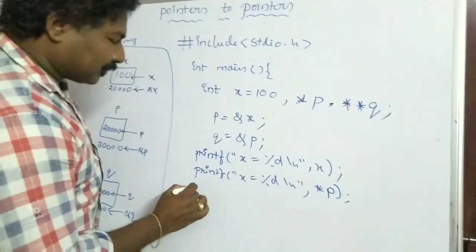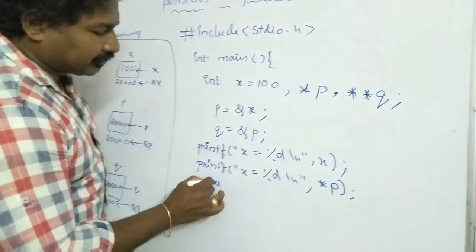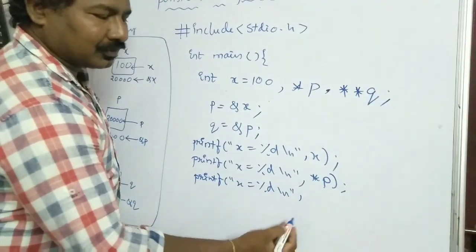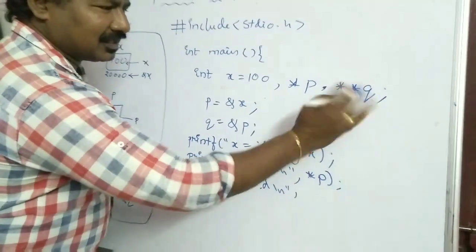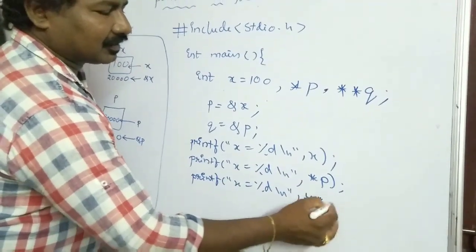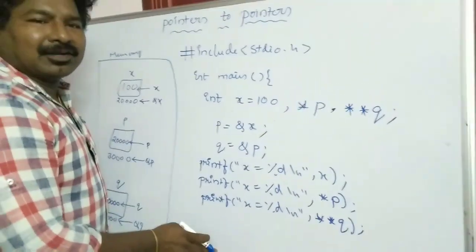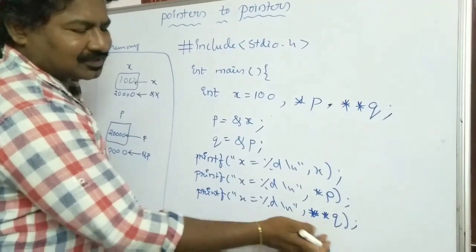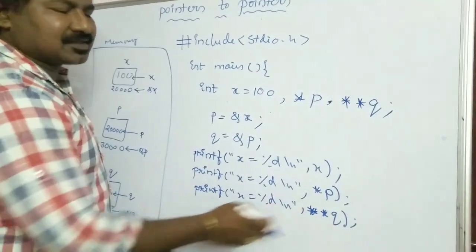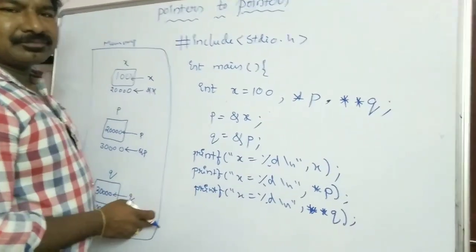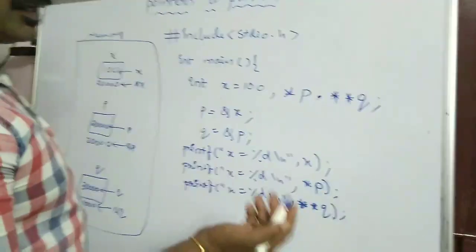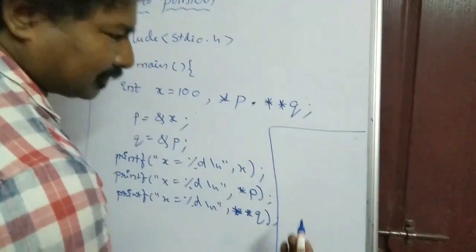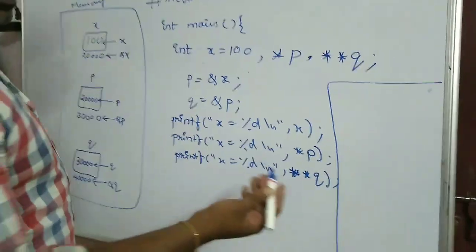Now I want to show you how to access the value of the variable x with q. It's a very simple concept. Just write *q. That's it. That will give you the value of x. You may have a doubt about how this *q is working, or how *q is accessing the value of x. Okay friends, like in mathematics, I will show a small calculation that will clarify your doubt.